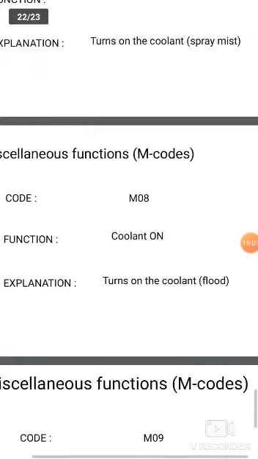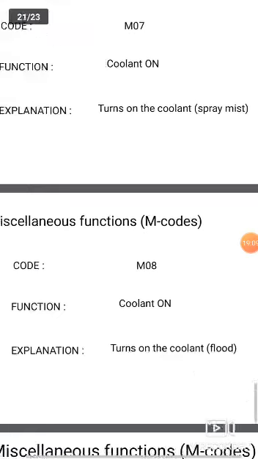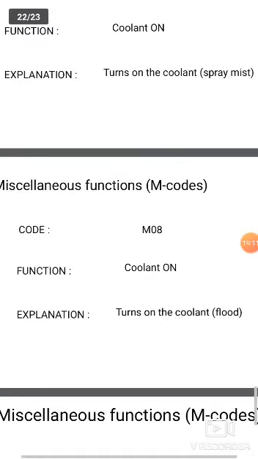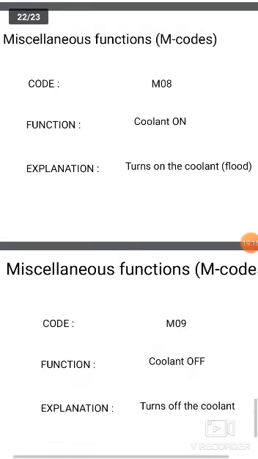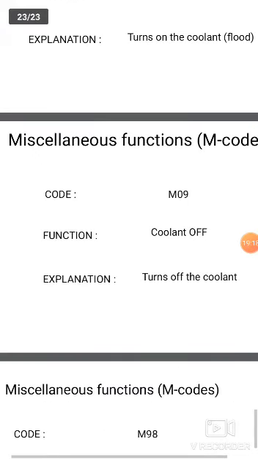Next, M08 is also coolant on, so M07 and M08 are both coolant on. Next, M09 is coolant off. M09 indicates turn off the coolant, after the machine has cooled down.